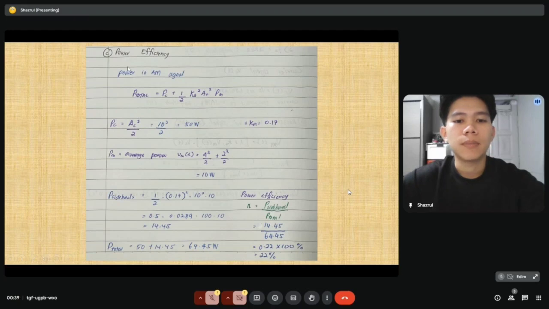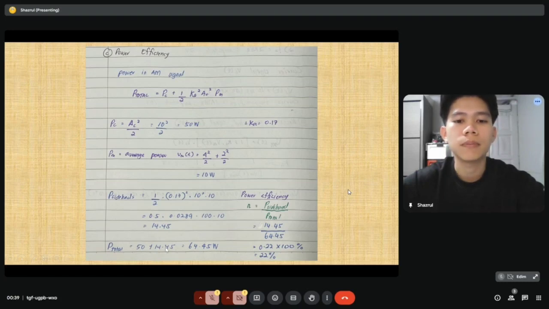Next, power efficiency measures how much power is in the useful sideband versus the carrier. Here we calculate by using this formula. So we find the value of Pc first. The value of K we take from the previous answer. And next we calculate the value of power sideband. And then we substitute the values into this formula. And the final answer is